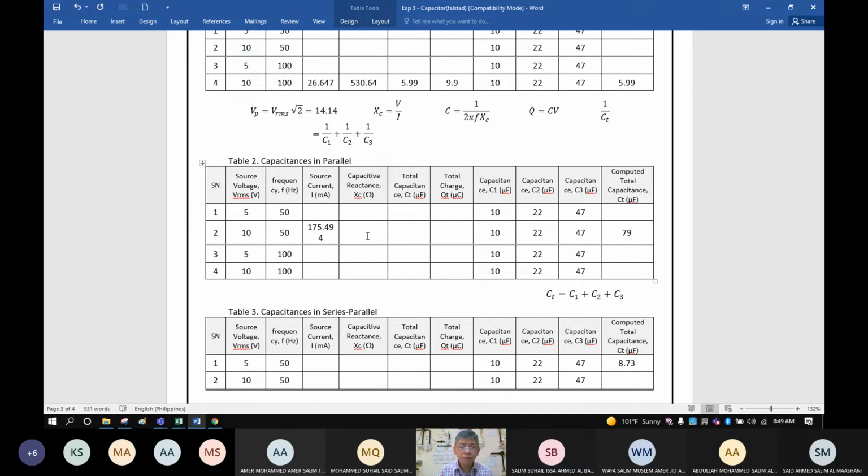Your answer is 1? Yes, teacher. Wrong. Voltage peak. You will convert first to voltage peak like this. Voltage peak divided by current. That is your capacitive reactance.